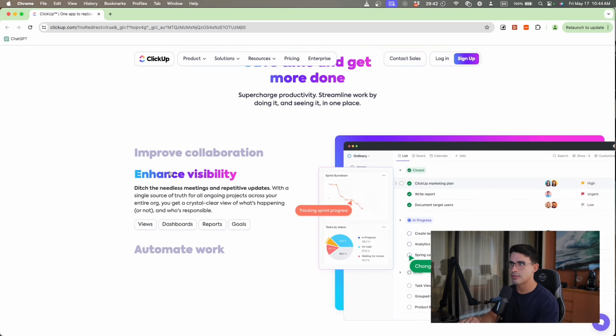You can have a lot of visibility on the things that you're doing, especially in a work environment. You're going to be able to have a good amount of data on the people that are working, the people that are not working, and you're not going to leave anything to assumption about whether they're doing it or not.